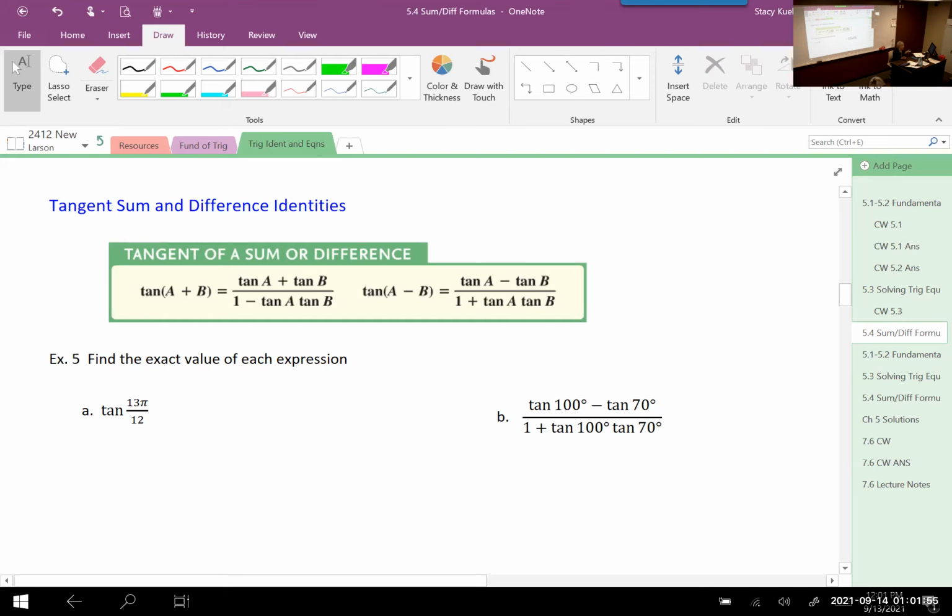All right, let's apply it. And I'm just gonna tell you that for this number here, the tangent of 13 pi over 12, we're gonna say is